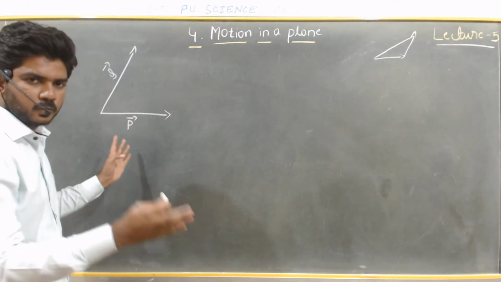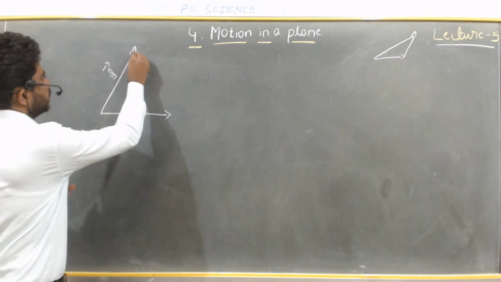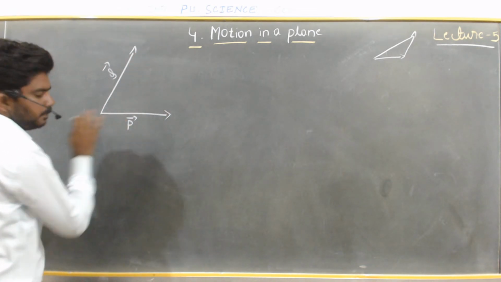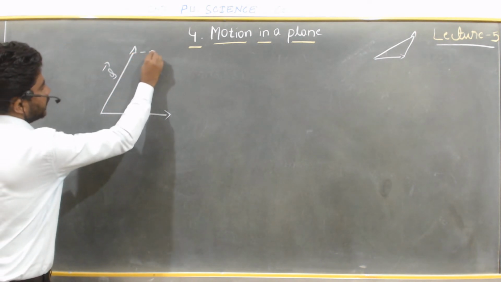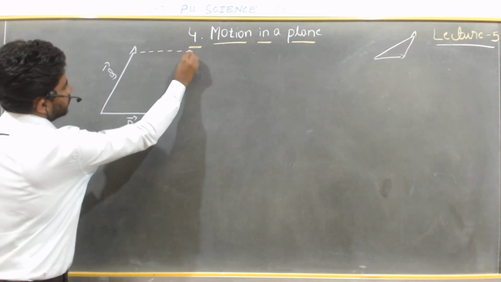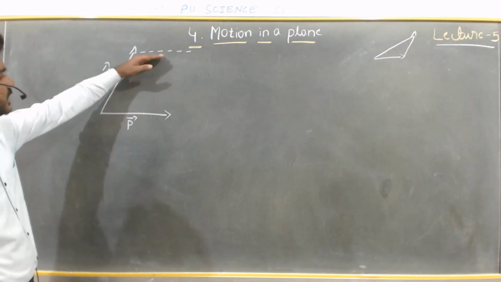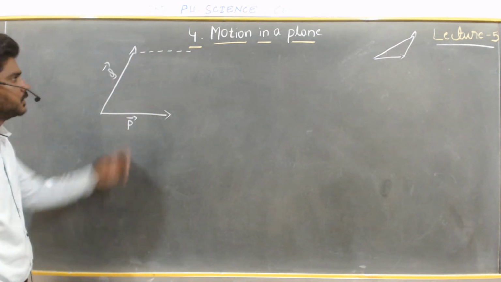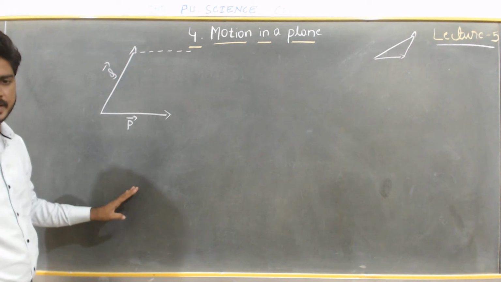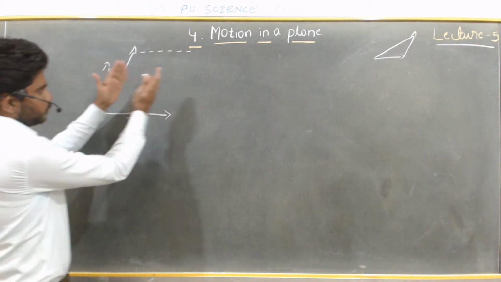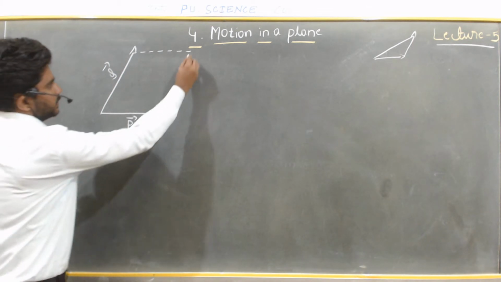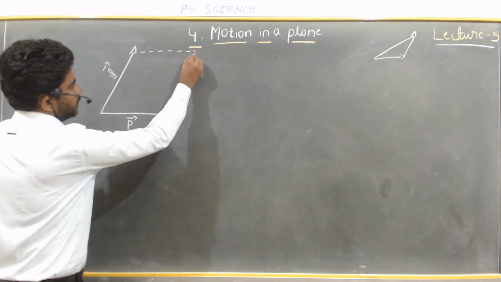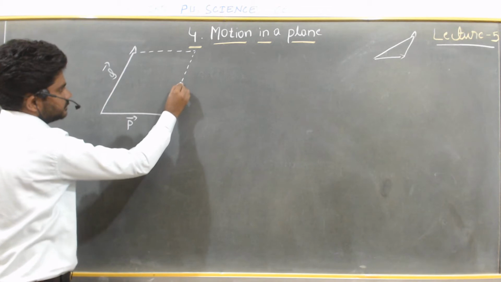Here also we have two sides. So if you want to make a parallelogram, just take one line parallel to P. Here I am going to take one parallel line. See, this side is parallel to this side. So now one side has been completed. Next, for the other side, we have to take a line parallel to this one.